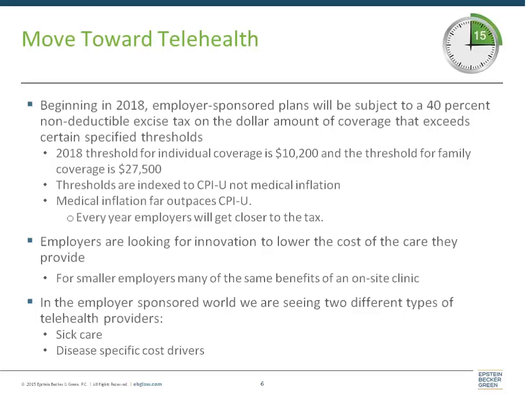The real problem with this is that those thresholds are indexed to something called CPIU, which is a Consumer Price Index Urban. The problem with that indexing, while indexing it to inflation is good, is that employers, through their group health plans, are really paying for medical care. So the appropriate gauge in which to measure inflation would be medical inflation and not CPIU. So basically the way this works out is that CPIU has been almost flat for the last 5 years, while medical inflation has gone up 5 and 6% every year. So doing absolutely nothing, employers are going to creep up close to those thresholds every single year.